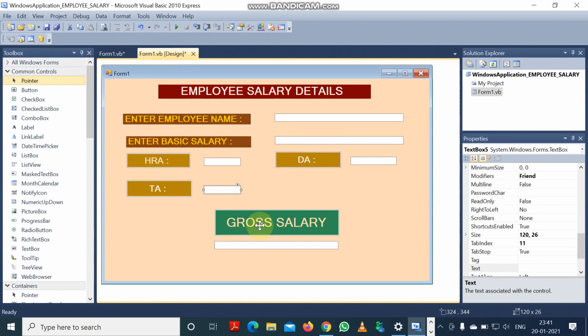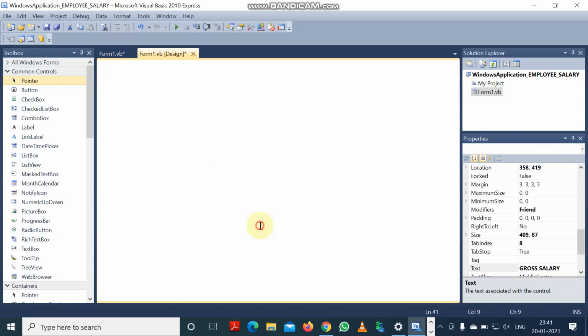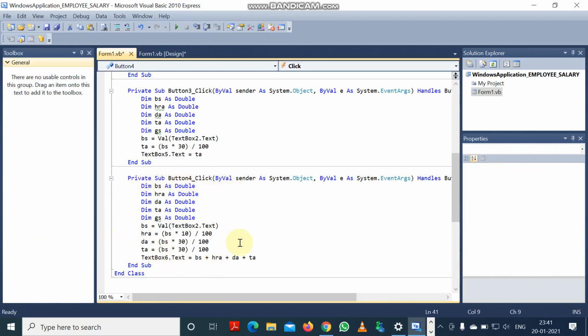Now we are clicking on the main button, that is gross salary, and you can see the same code we have written. We have taken 5 variables BS, HRA, DA, TA, GS of the double data type. Double data type means the variables with the double data type are able to take integer numbers and floating point numbers both.